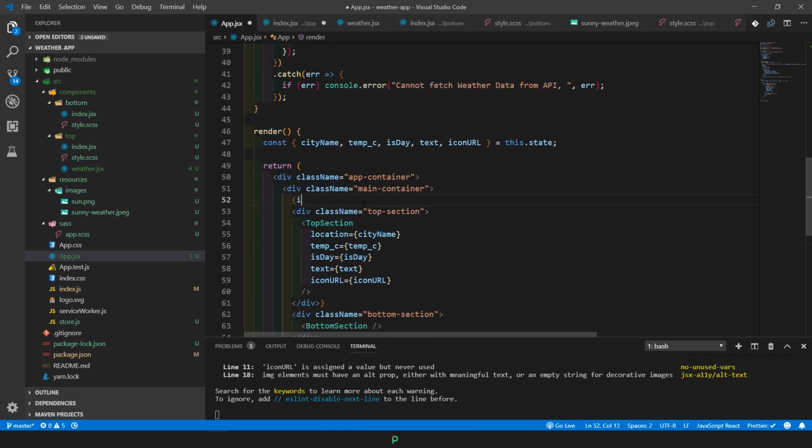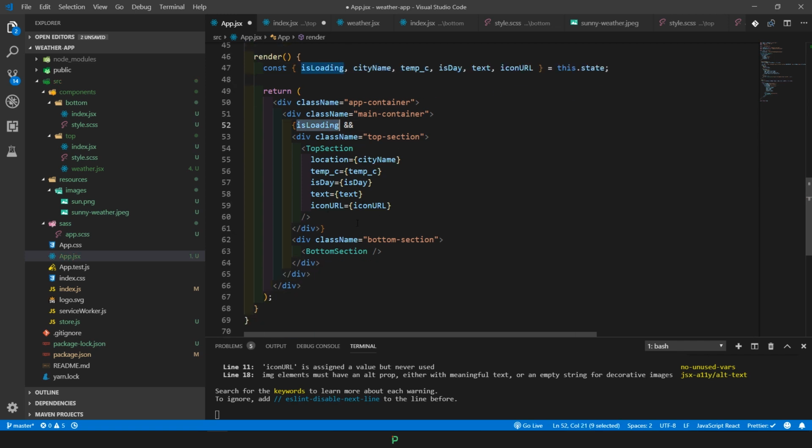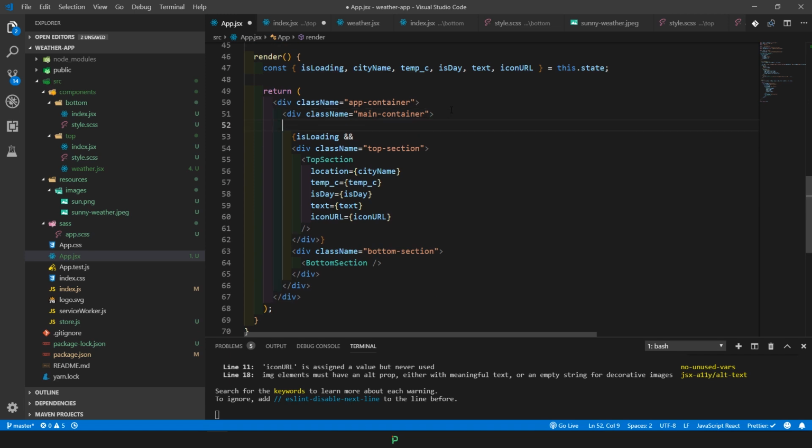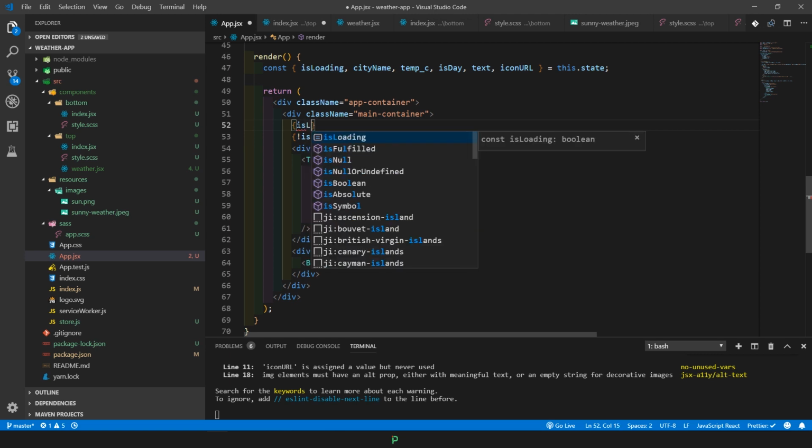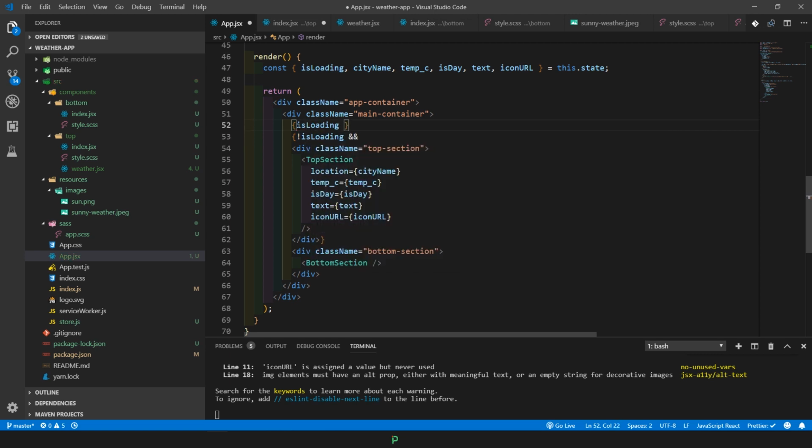So I'm going to put isLoading in here so we can actually render that. I'm not referencing this anyway. We can grab it up there, and if it is loading, that's pretty great. If it's not, I'm going to add another one. Well, it's actually vice versa. If it is loading, I can remove the not. If it is not loading, what I can do is render something like